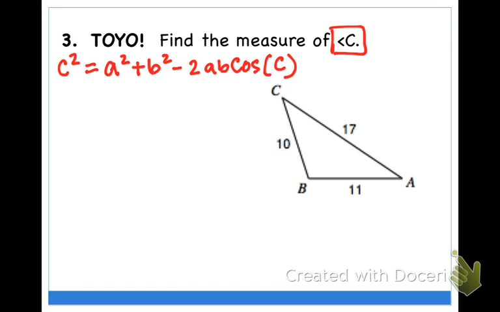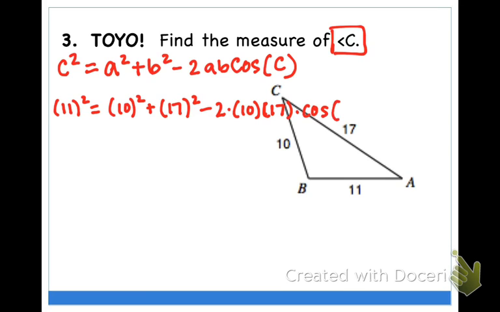So instead of c squared, I do actually know little c. Little c is 11, so this would be 11 squared equals little a, which is 10 squared, plus little b, which is 17 squared, minus 2 times 10 times 17